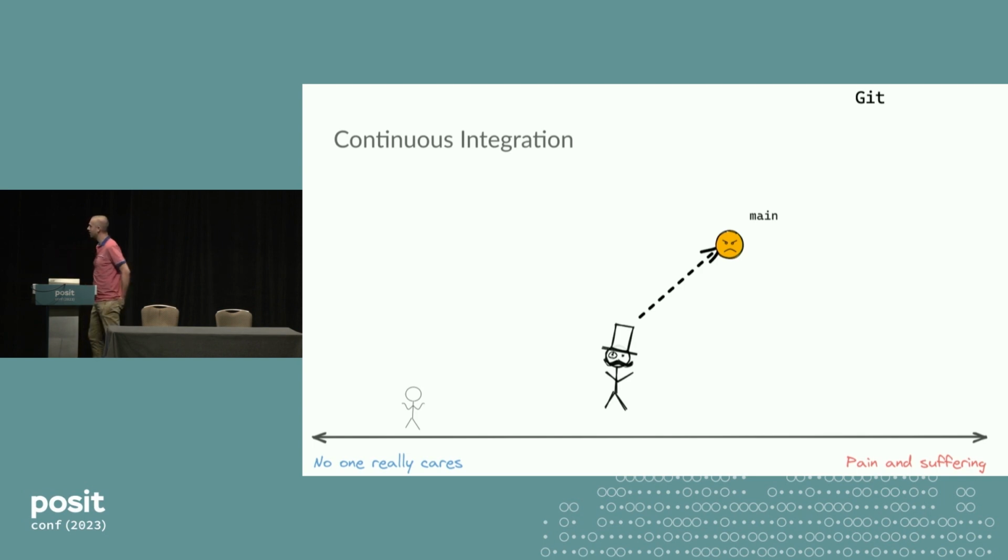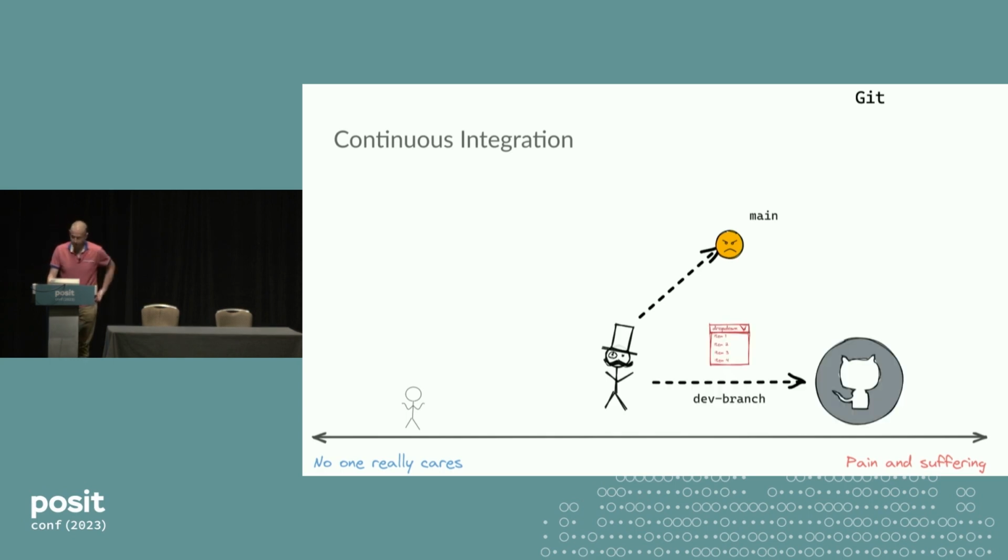So here, our little Downton Abbey guy now tries to push to main, and he gets a very sad face, so he's not very happy now. But he can make a little dev branch. Here I'm pretending it's a little Shiny app, so I've made a little drop-down menu, I push to a branch, and then if CI passes, that's good,